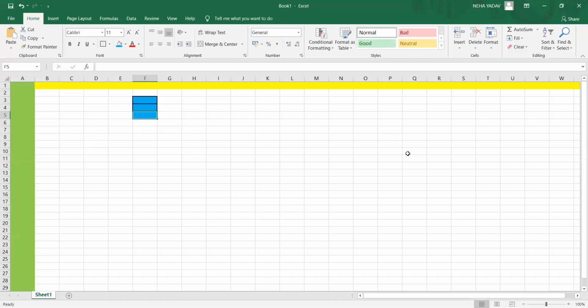Now I am randomly clicking anywhere, like suppose here. You can see this Q is also highlighted with some extra gray color, and this 11 is also highlighted. So how will I name this particular region? This cell will have its address as Q11.